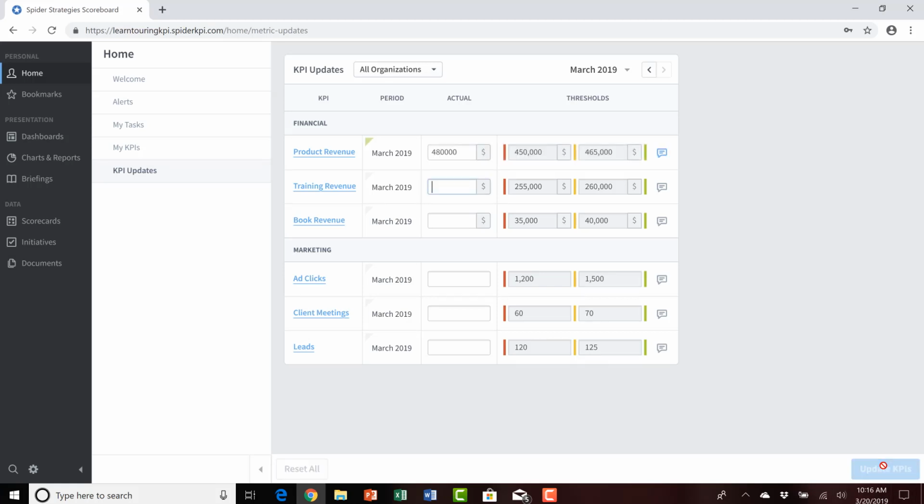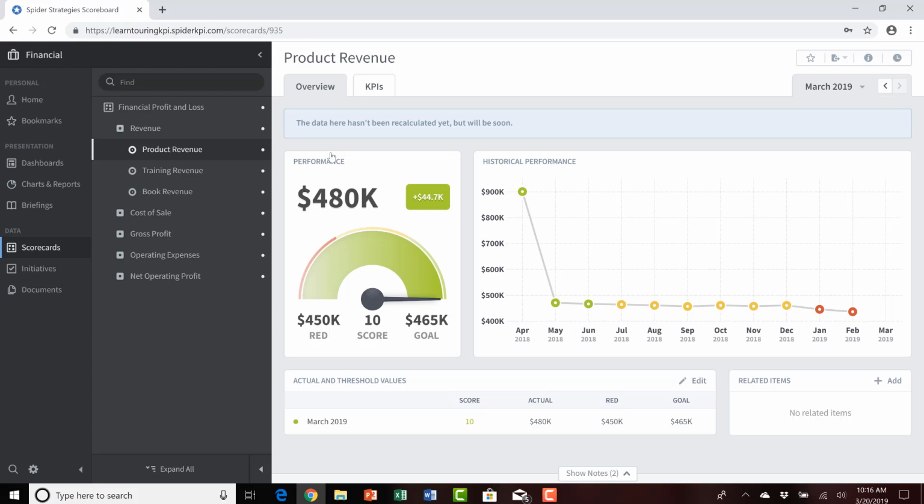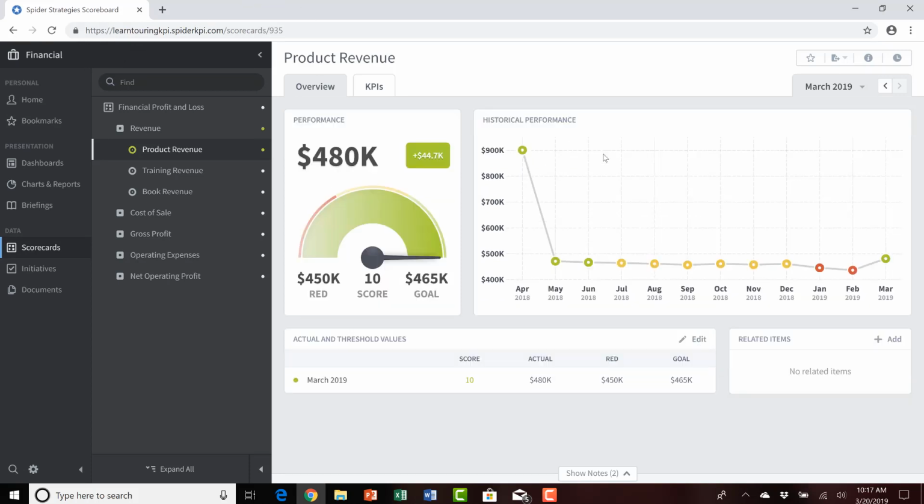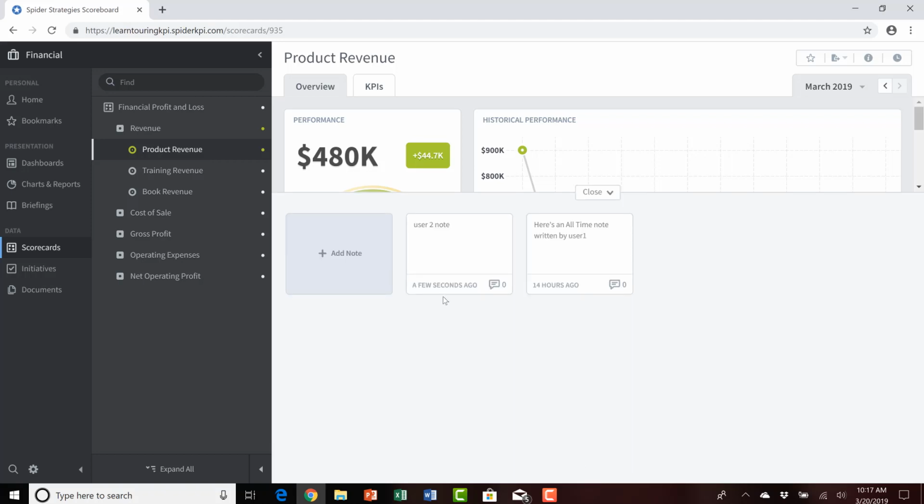Now, after taking that step, we can drill into product revenue and see some of the detail available in the scorecard view of that product revenue KPI. Here in the scorecard view of product revenue, I can see at the bottom that there are now 2 notes. If I open the notes pane, I see that there is, of course, a new note provided